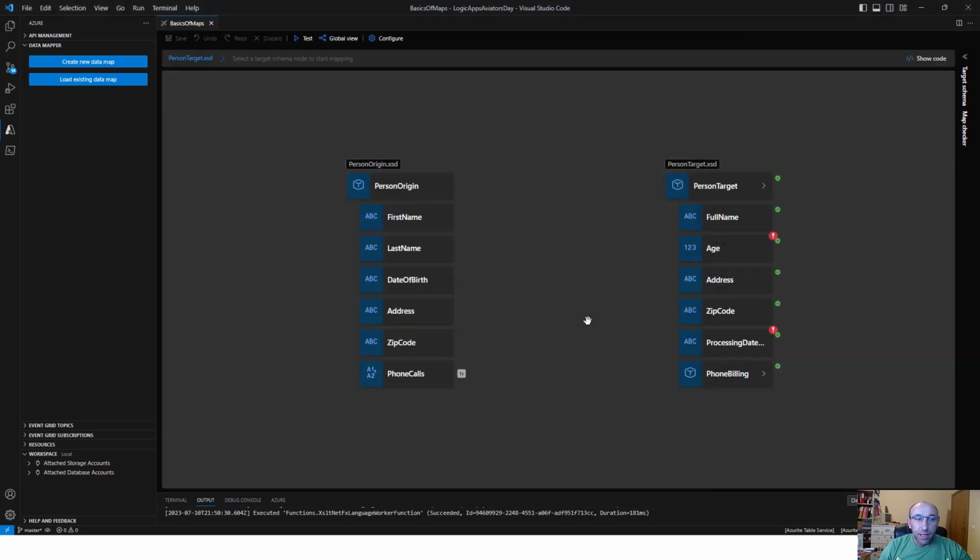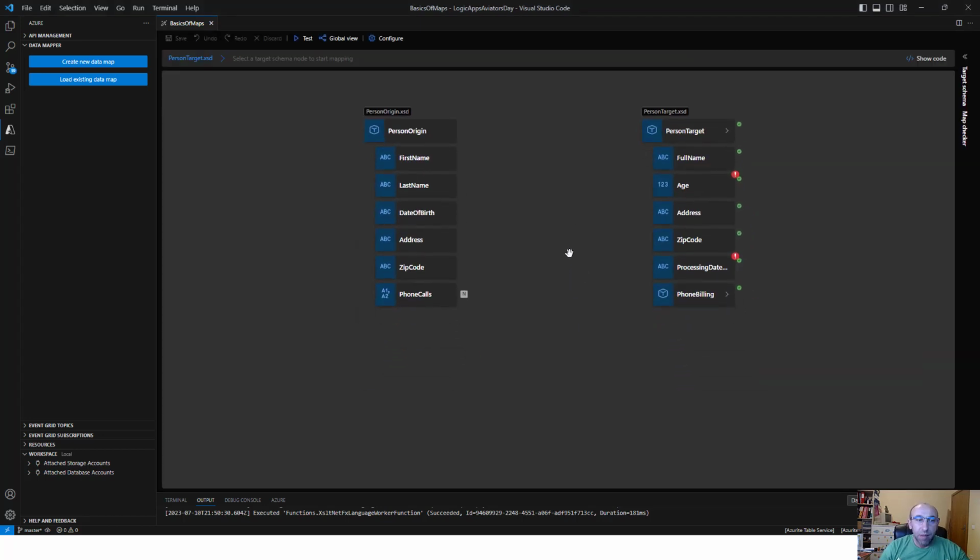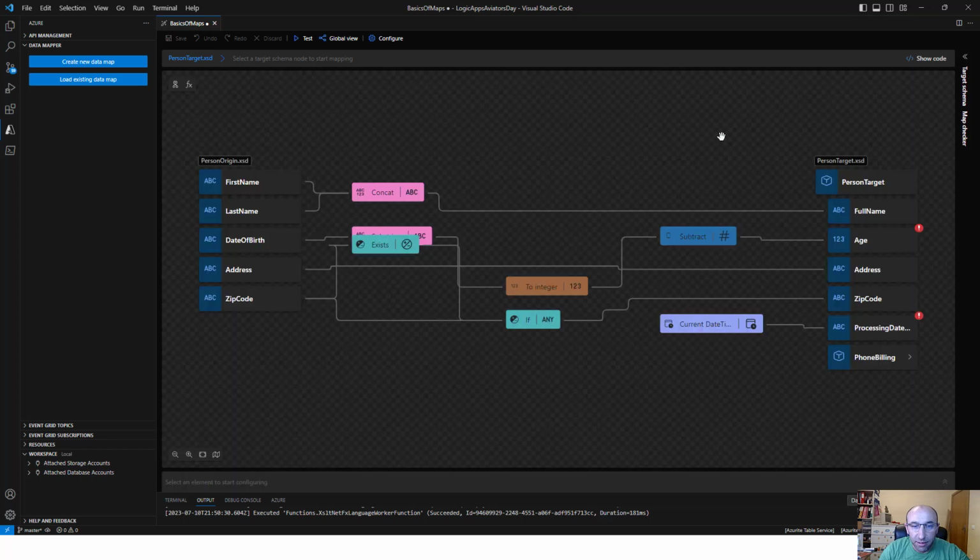And this is the data mapper. We have the same origin schema, we have the same target schema, and we are going to apply the same transformation. Okay, so let's enter on the person target, and you see that it is completely different, because